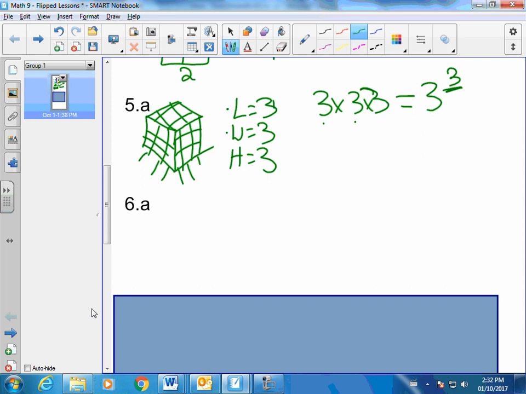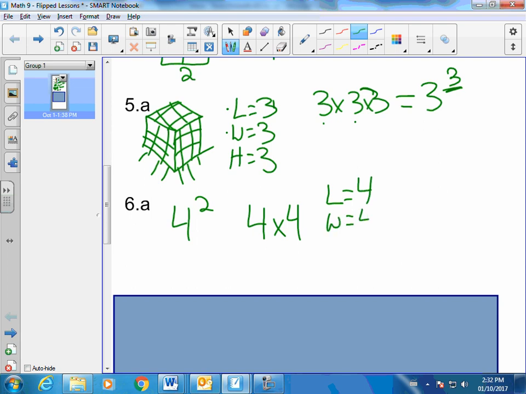So for question 6, they want you to start doing some drawing. So we're going to do it in reverse. So if we have a, what they're asking for is 4 squared, and they want to draw a picture that represents 4 squared. So now we're going to be doing our same process in reverse. So I'm going to write this out as a typical multiplication, which is 4 times 4. Okay? So that means I know that I have, in a perfect square, I have a length of 4, and